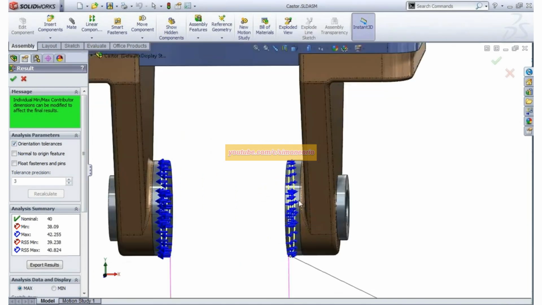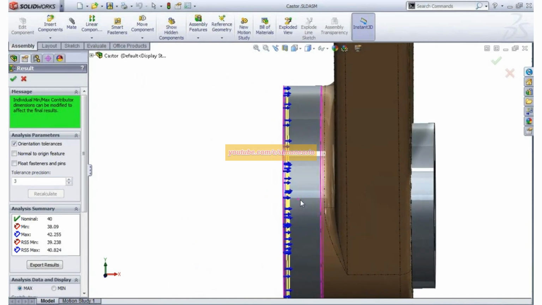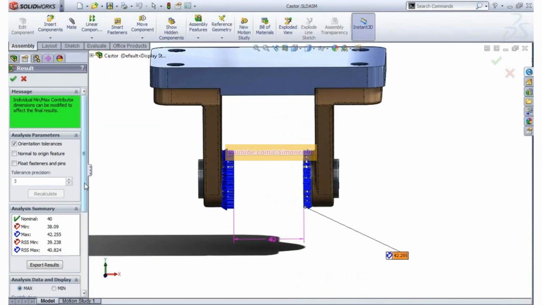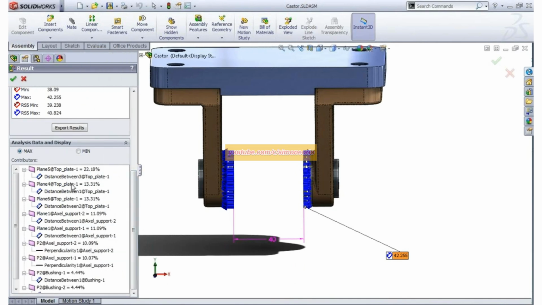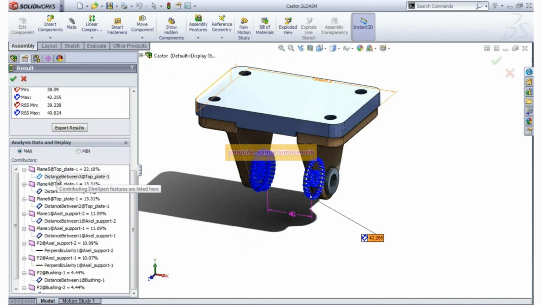It might be hard to see on the projection here where those parts would end up living. It will also give us the list of contributors to the error.